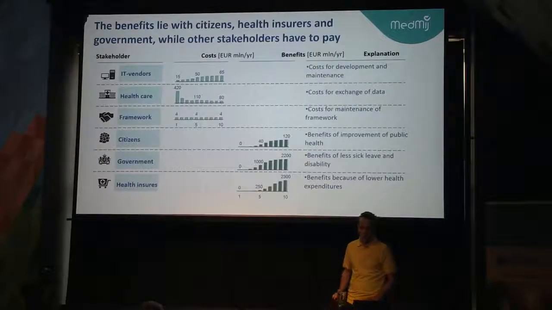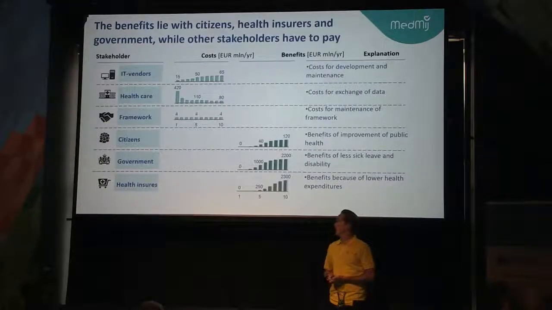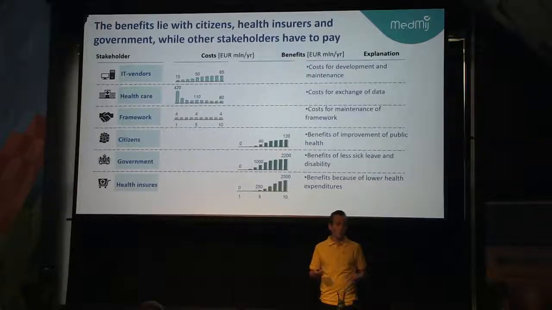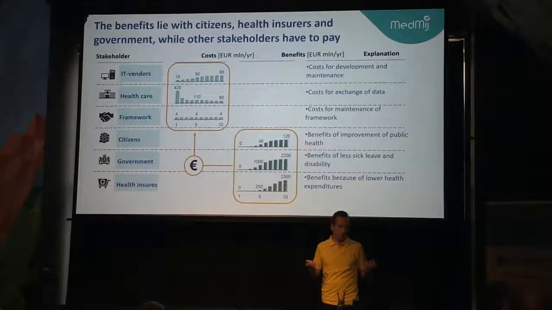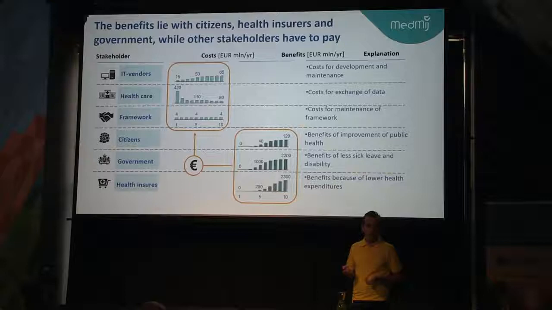However, if we look at those finances, we see that if we want to make this available, first a lot of stakeholders need to pay for it, and then at the end, another group of stakeholders will benefit from it. So that's not really fair. So what the government needs to do is to make sure that we can fund the first ones in their costs. So we need to even it out, and therefore the whole finance project